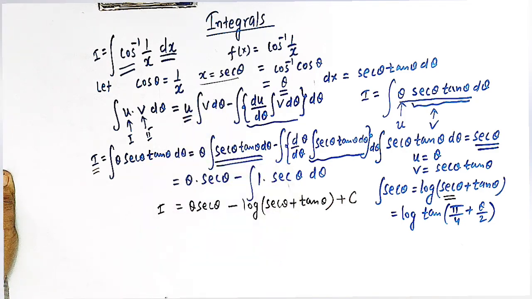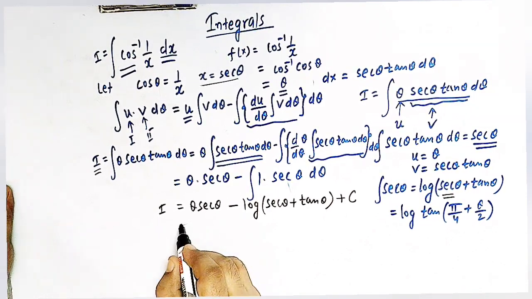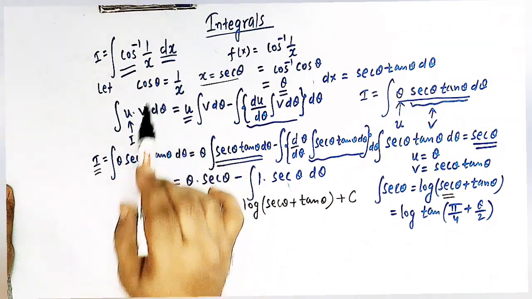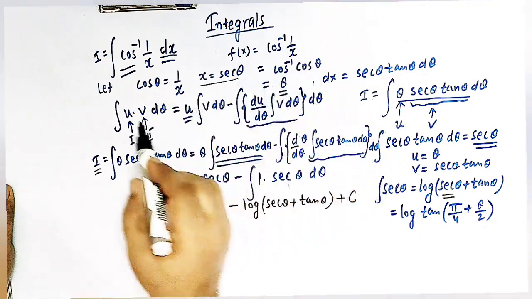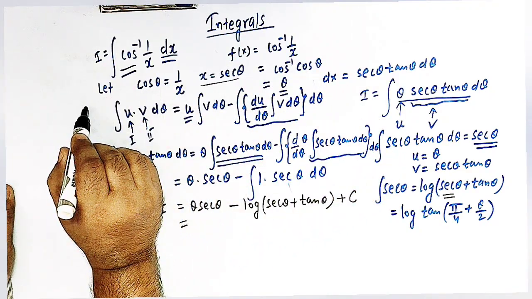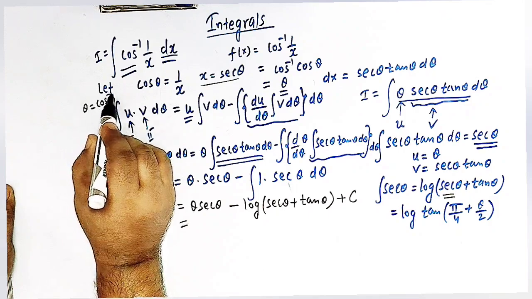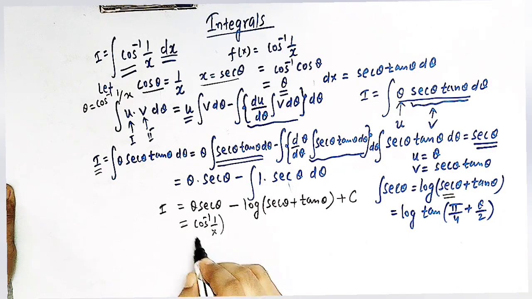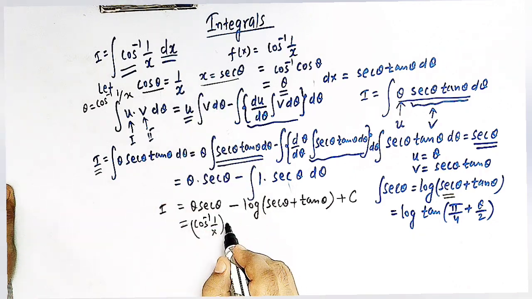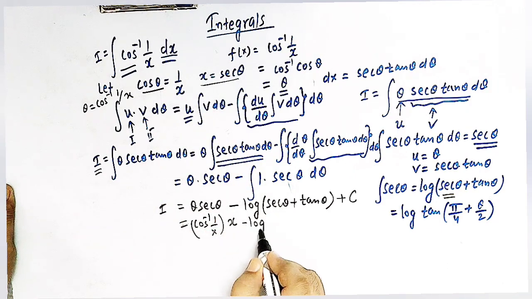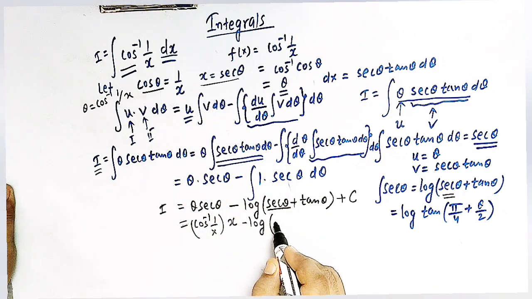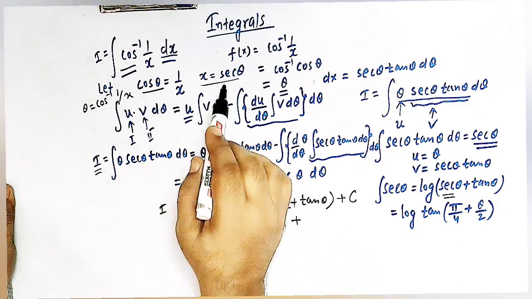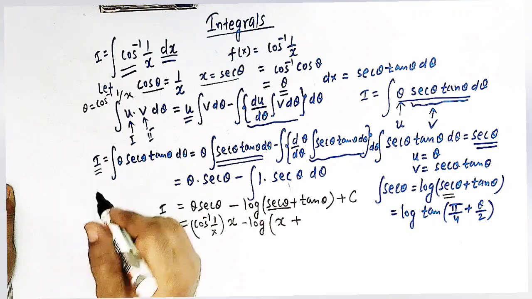That is x is equal to secant theta. So for theta, we can write theta is equal to cos inverse of x, because here we have cos theta is equal to 1 over x. So theta is cos inverse of 1 over x from this result, right? So here we have cos inverse of 1 over x, and for secant theta we have simply x and minus log, and for secant theta we have x, and for tan theta we can use this standard result from trigonometry,